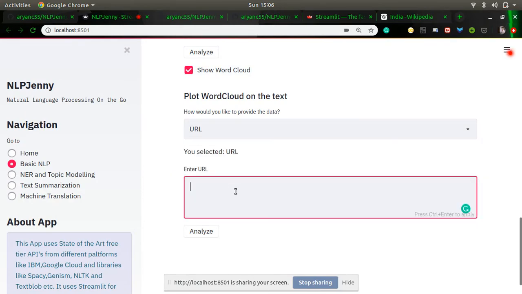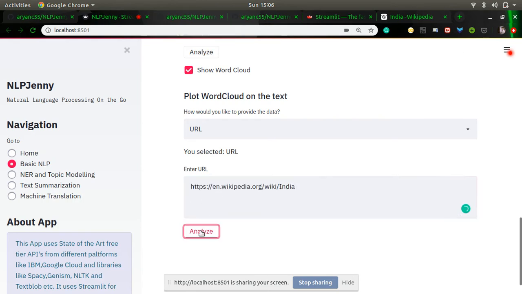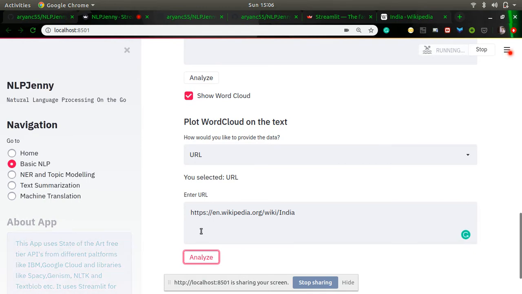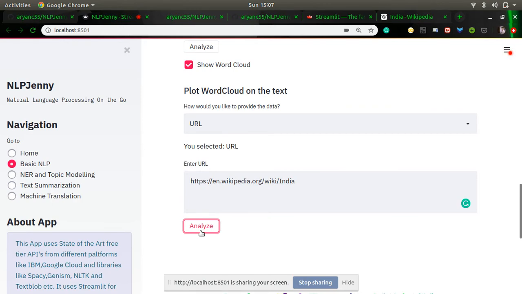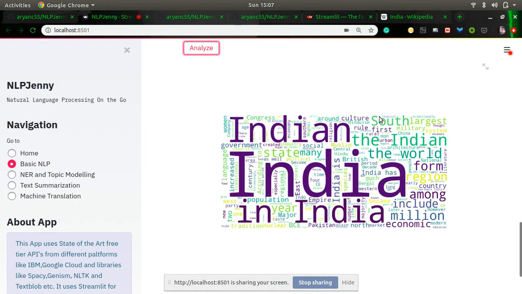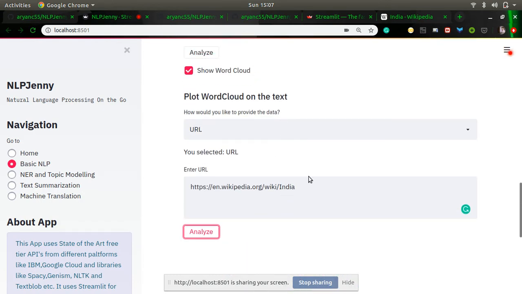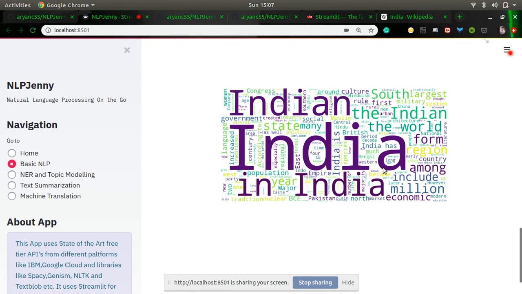the text. Like if I paste the URL of this Wikipedia, actually I have created it according to the Wikipedia. It uses Beautiful Soup to scrape the web pages, and it gets the text of paragraphs. So this is the word cloud. So basically, this Wikipedia page was about India. So most of the words in the word cloud are India,